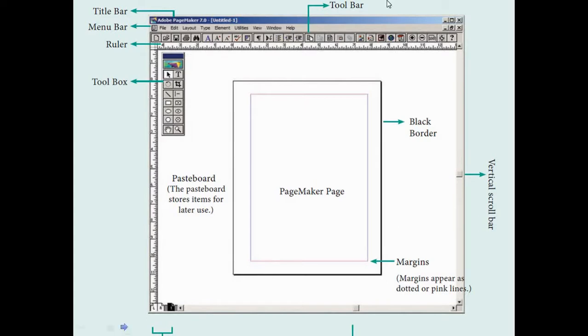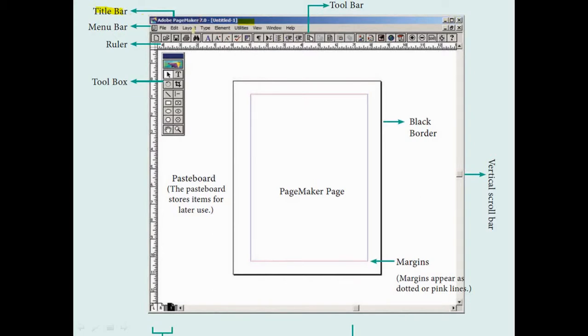The main components of the window, as usual, you know, the title bar. On the top you can see this is the title bar, where you can see the name of the application, and on the right hand side corner you can see minimize, maximize and close button.